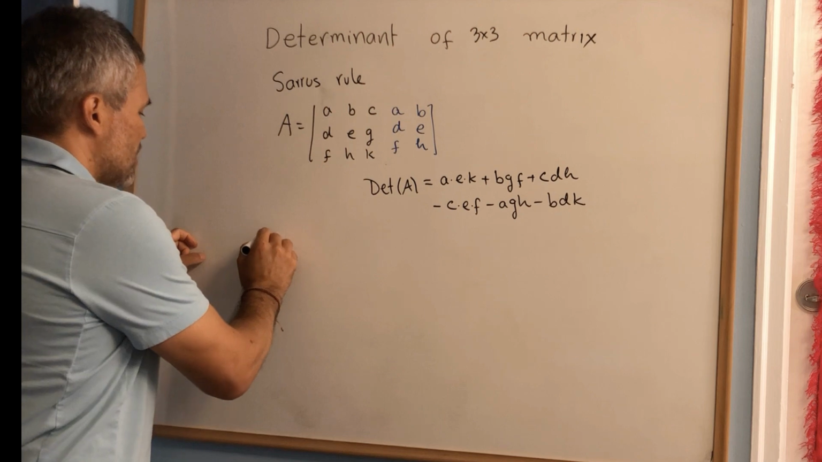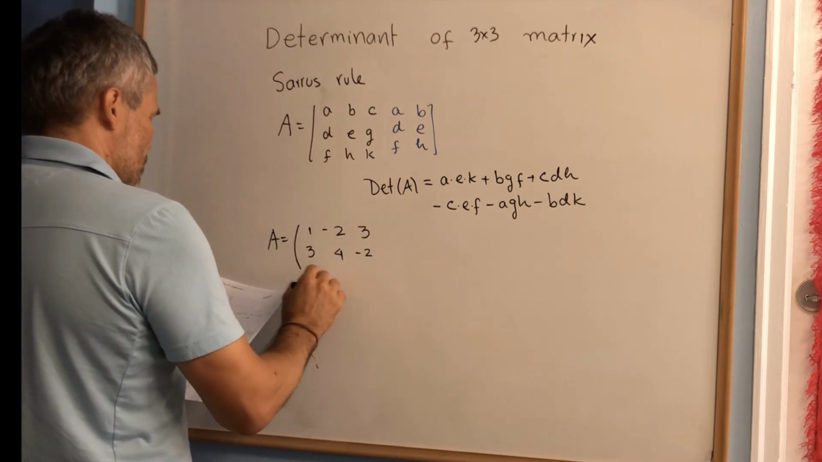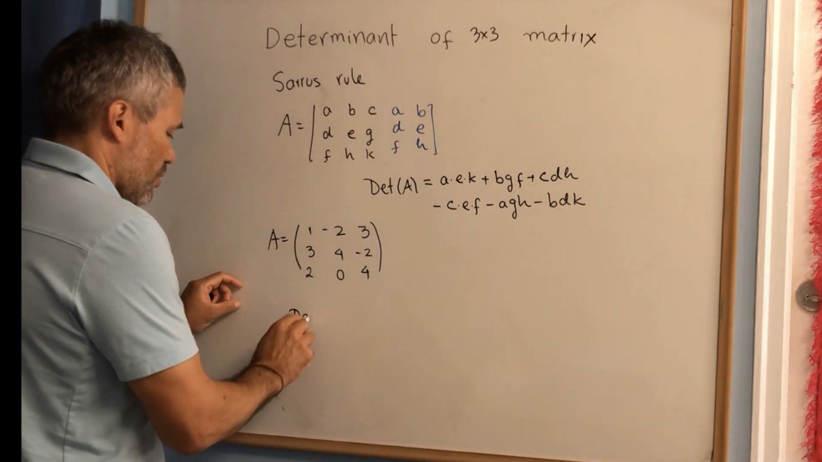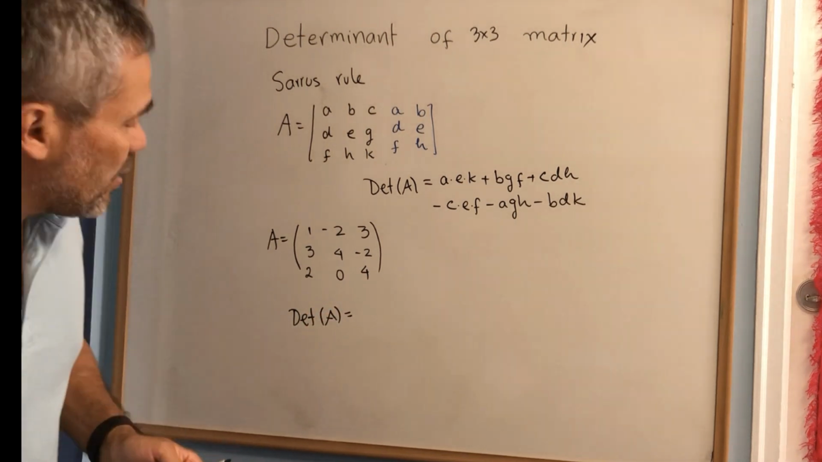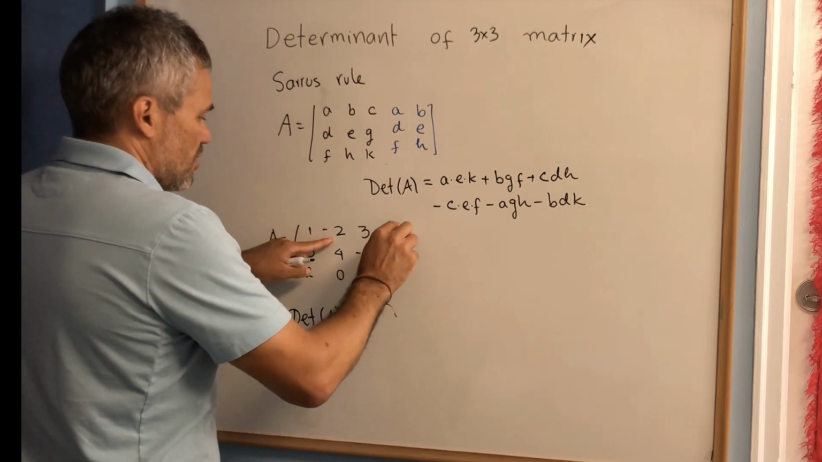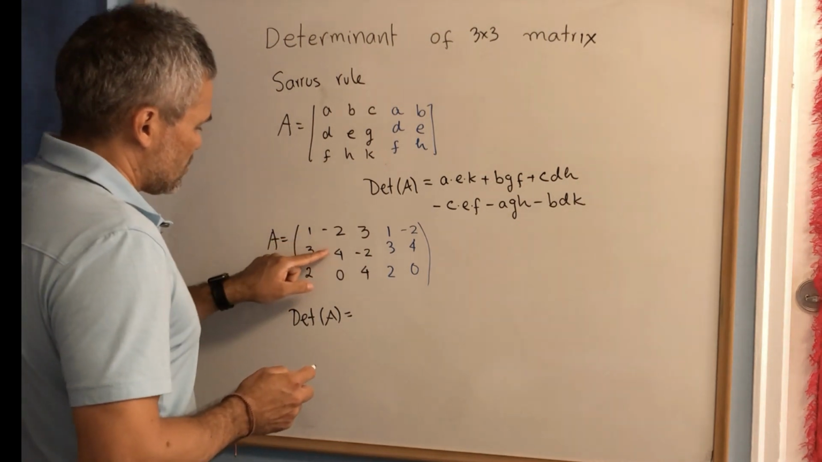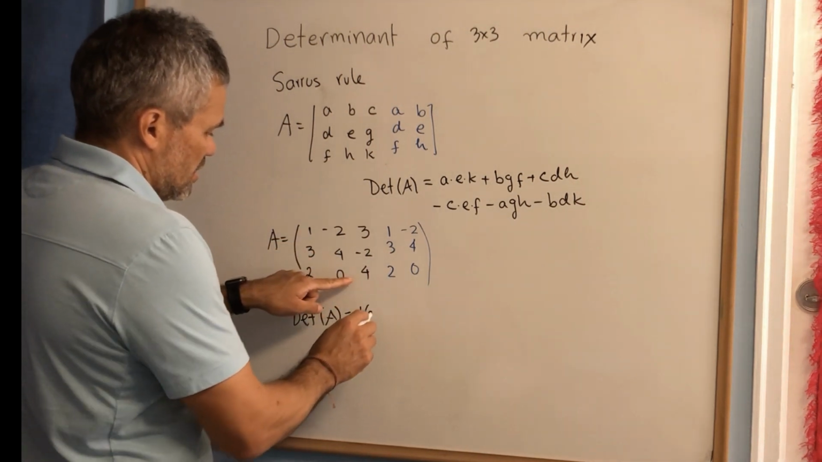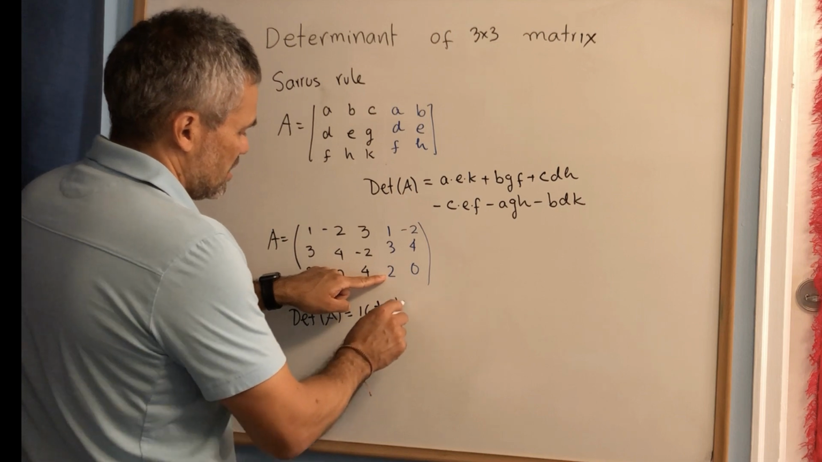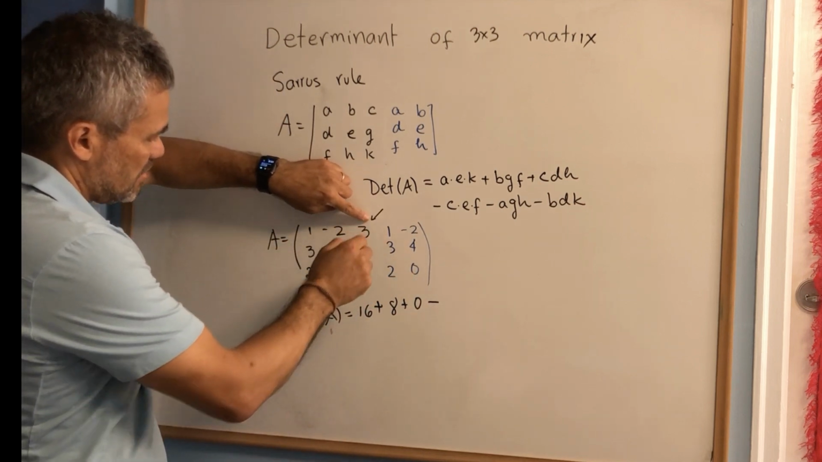Let's do an example. Let's suppose that we have A equal to this matrix. Then in order to compute the determinant of A, what we do is we repeat the first column, 1, 3, 2, and the second column, negative 2, 4, 0, and then we multiply. 1 times 4 times 4 is 16, plus negative 2 times negative 2 is 4 times 2 is 8, plus 3 times 3 times 0 is 0, minus, now we start here in this diagonal,